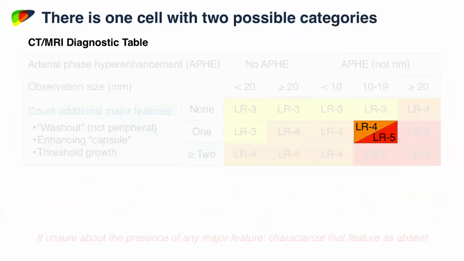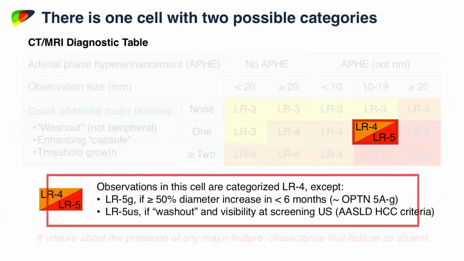Now, there's one cell that has 2 possible categories. That's LI-RADS 4, LI-RADS 5. Observations in this cell are either a LI-RADS 4 or a LI-RADS 5. So generally, we call them LI-RADS 4, but there are 2 exceptions. If the lesion is growing, we call it a LI-RADS 5G, G for growing. If the lesion has washout and was visible at ultrasound, we call it a